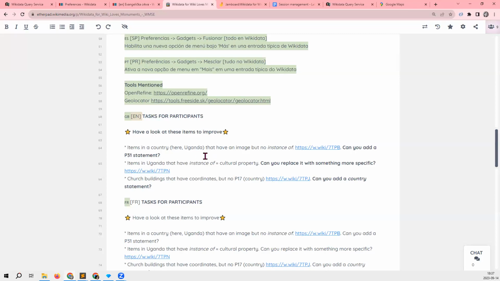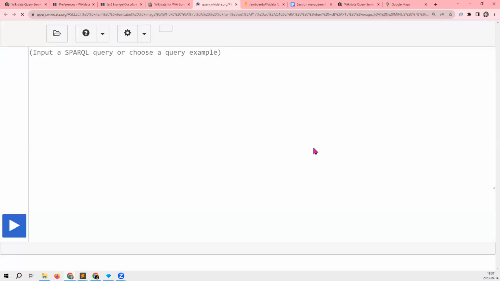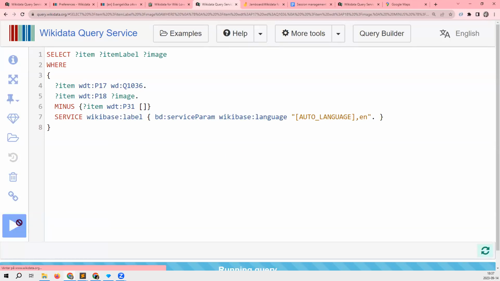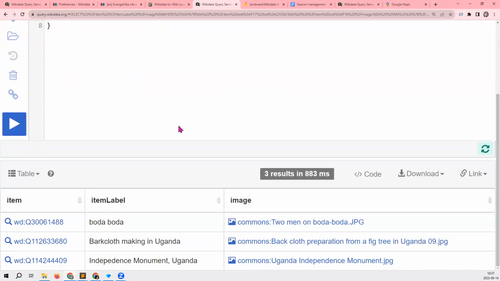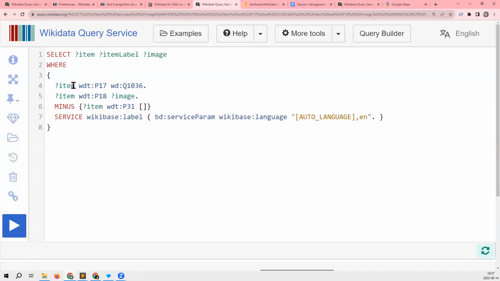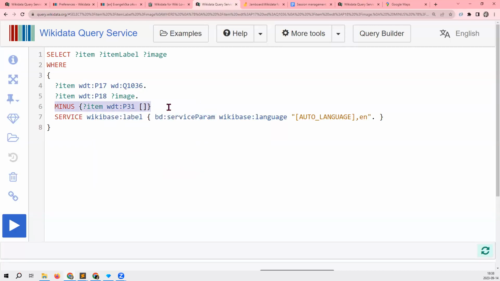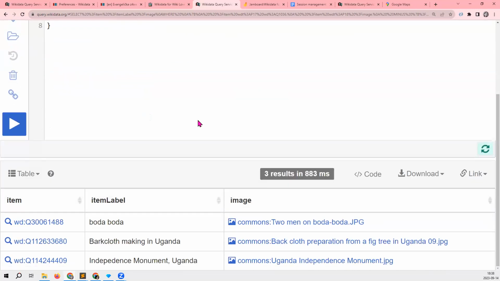How can I find items that have a country statement and an image on Wikidata, so I can see what this is, but that have no instance of statement? That is, there is no statement saying what this is. In this particular case, I'm looking at items that have country Uganda, that have an image, and that do not have an instance of statement.